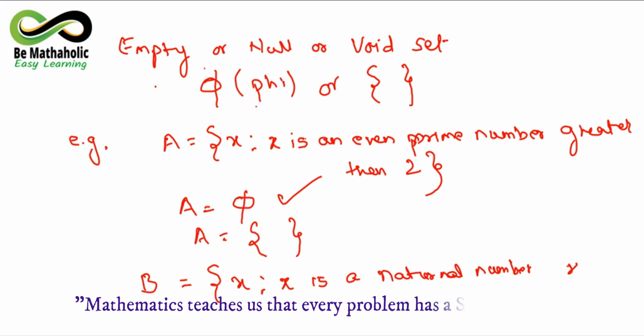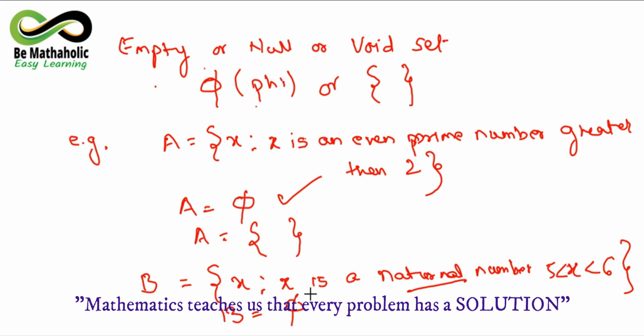X is a natural number greater than 5 and less than 6. Now all of you know what natural numbers are, and how are you going to read this inequality, that x is greater than 5 and less than 6. अब 5 और 6 के बीच में infinite real numbers होते हैं, but if they are saying natural number should be coming, then there is no natural number lying between 5 and 6, so your answer will again be 5.